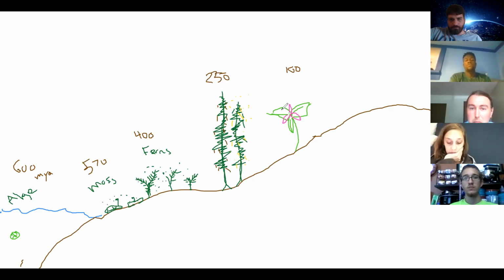Let's see if I draw a bumblebee here. Basically have that insect inadvertently move pollen from one plant to the next, and